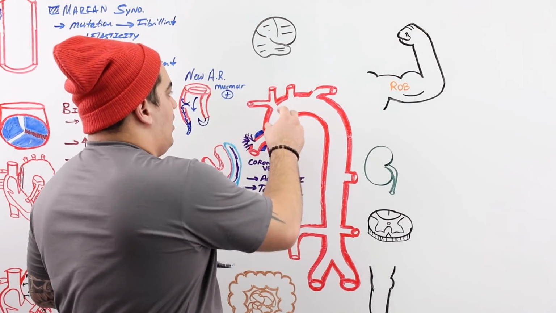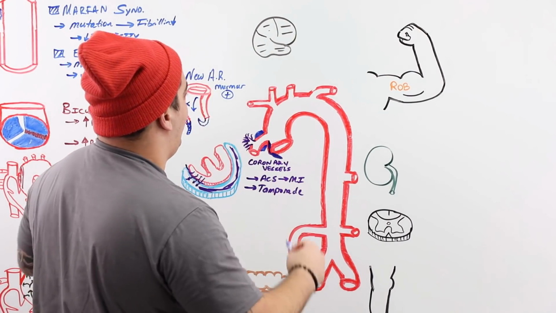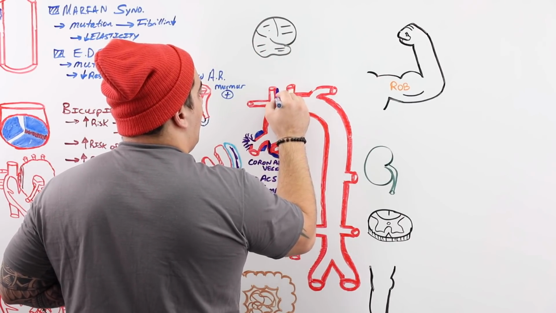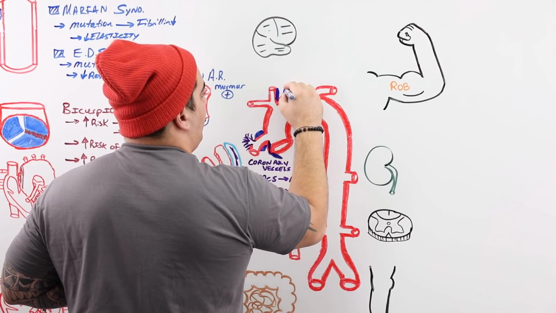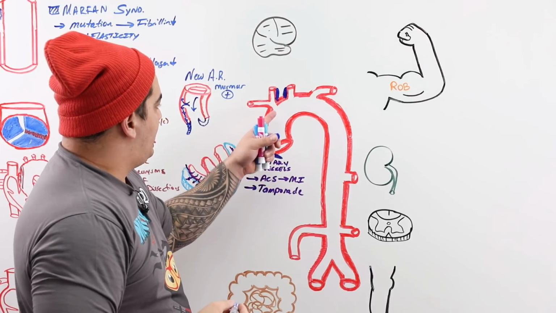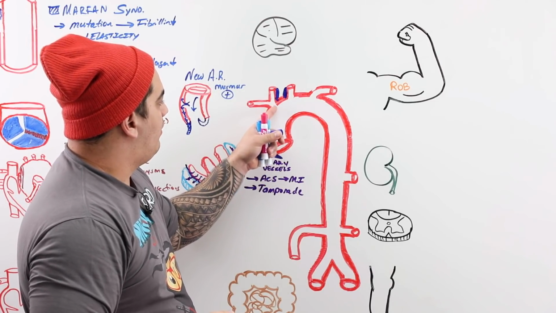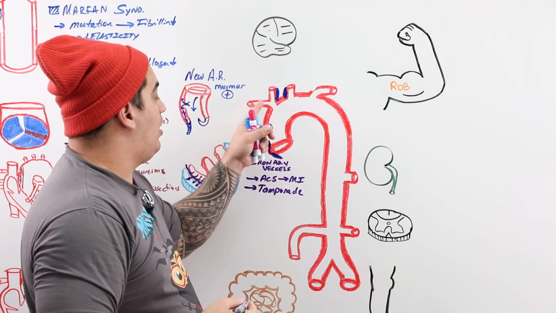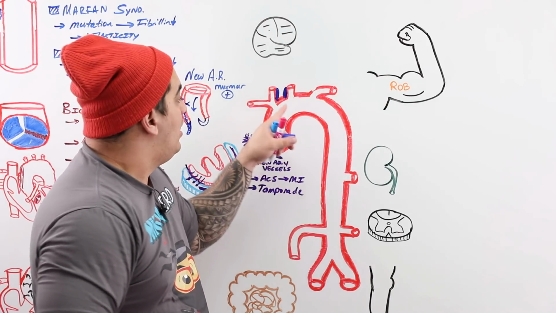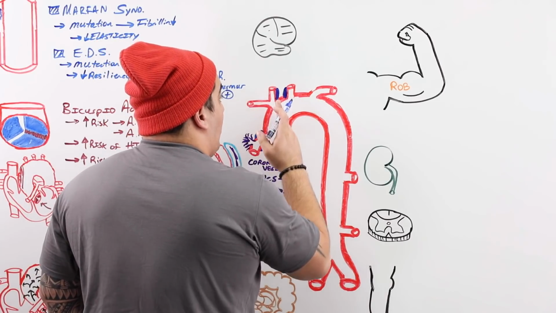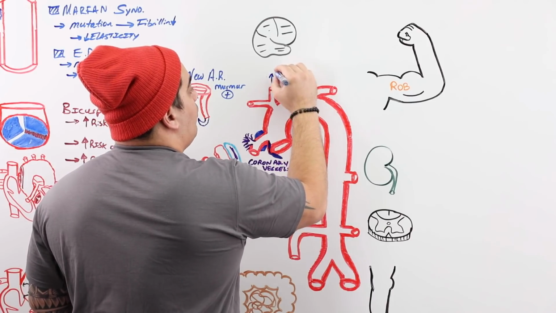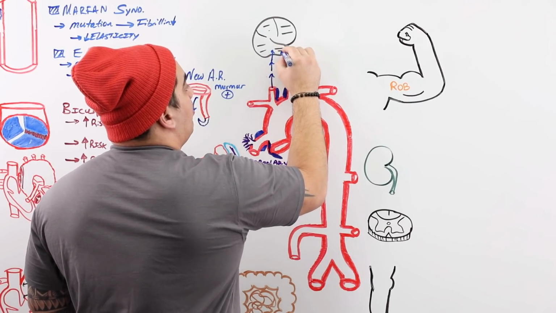The next thing is, let's say that you develop some type of dissection, and it starts propagating and causing some occlusion of the vessels coming off of the aortic arch, all right? You have your internal carotid arteries. For example, this vessel here is called your brachiocephalic, the first one that comes off, and the brachiocephalic splits into the right subclavian and right common carotid. The second one is the left common carotid, and the third one is the left subclavian. If you develop a dissection that propagates into and causes an obstruction of your common carotids, which give way to your internal carotids that supply the brain,